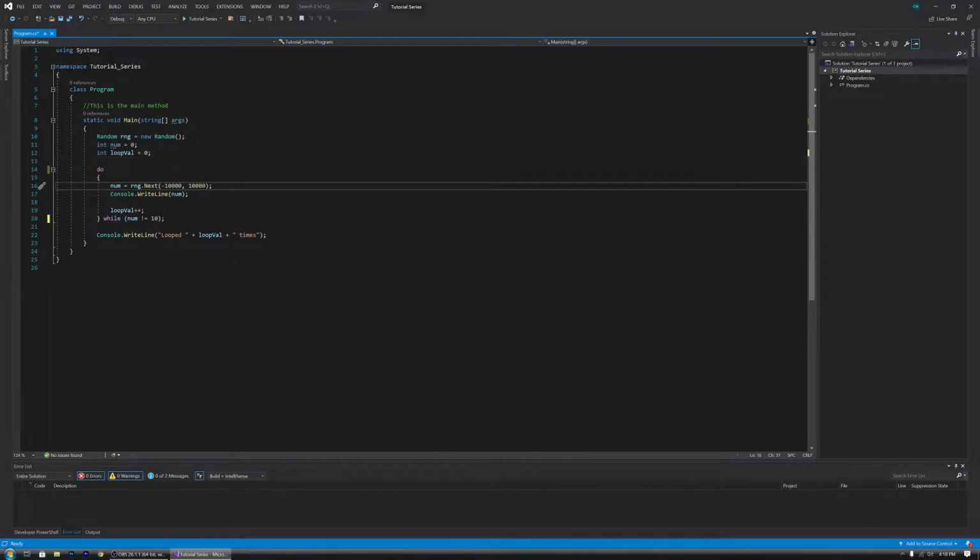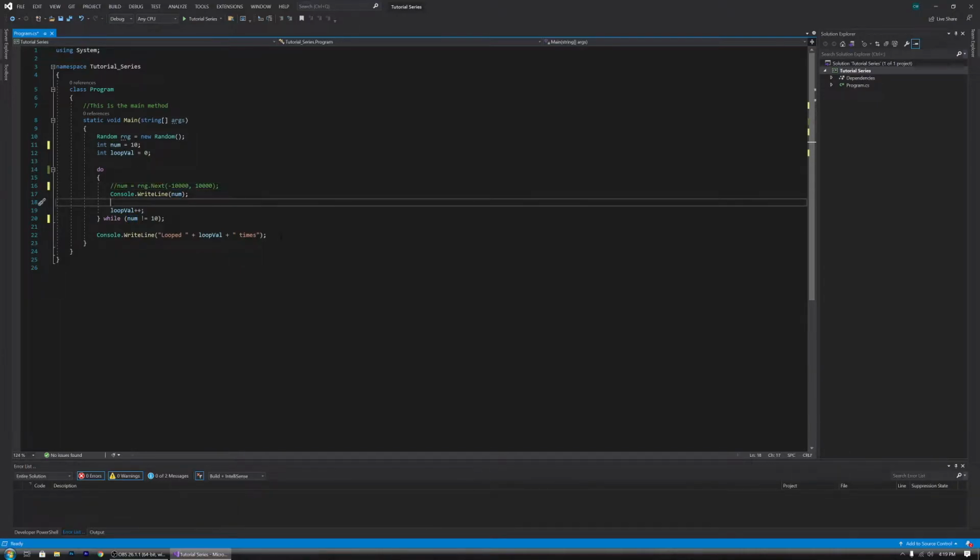So let's just hop right into that. A do while loop is a post check, so it'll go through at least once, right? No matter what, even if I have this value up here equal to 10, it is going to loop through at least once. So we're going to quickly comment this out